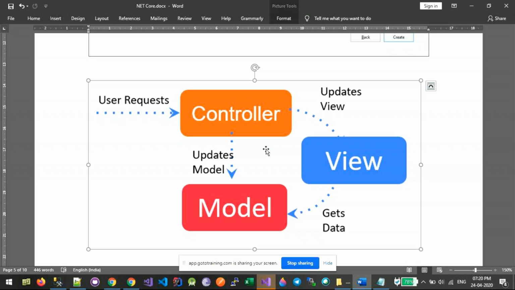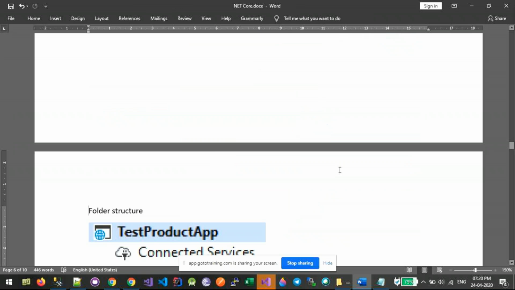Once we identify the controller and action method, it will perform the processing. It will update the model or create the model as per the requirement, get the data into the model or view model, there are other techniques also, and pass it on to the view. The view is what is finally sent to the user as a response. So this is how MVC architecture works.